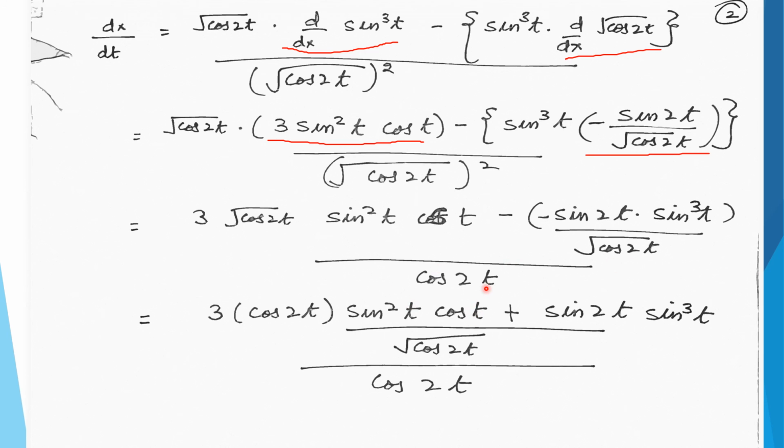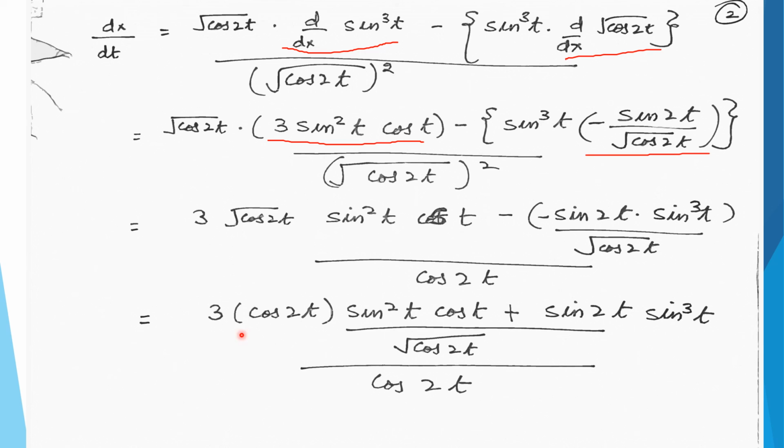Whole upon cos 2t. This cos 2t, where did it come from? This is under root of cos 2t whole square, so you will write cos 2t, which gets free from the square and the under root. Now if you see carefully, this cos 2t is the denominator of this segment. So you take a whole bar line here and take the common denominator. This under root of cos 2t will be multiplied by this under root of cos 2t and